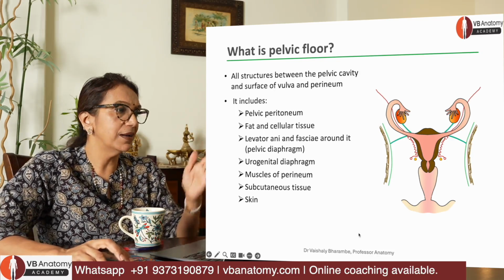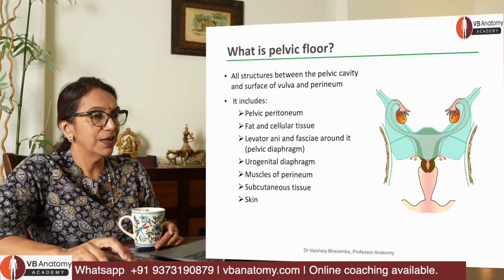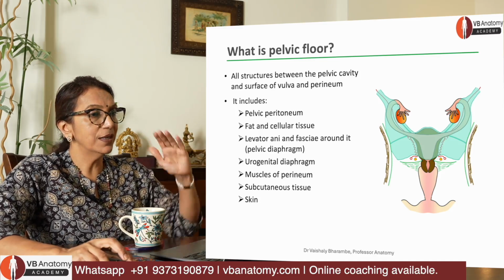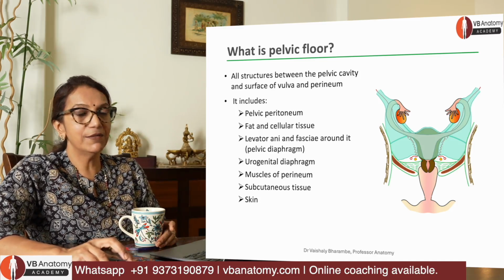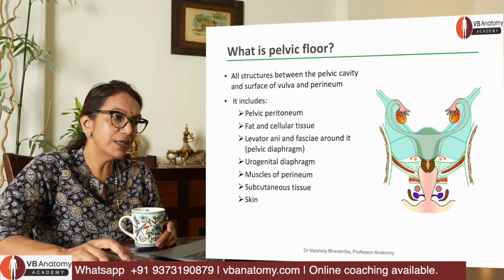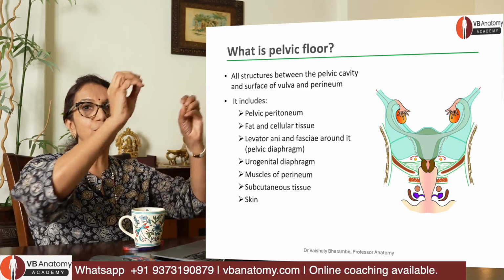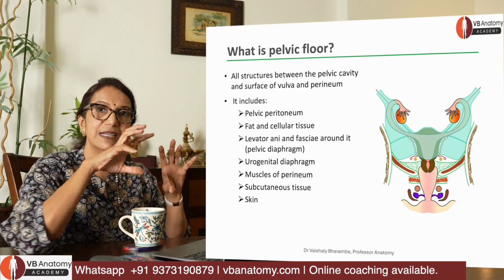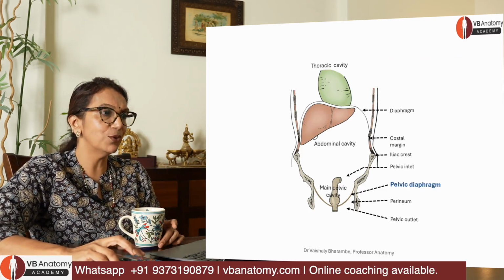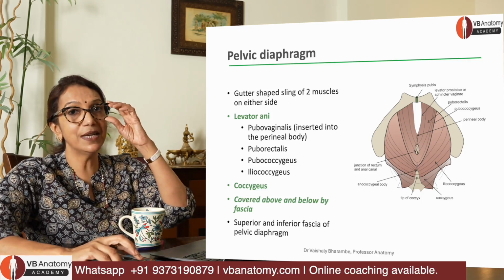I want to briefly revise the pelvic floor with you before we go further. Broad ligament, Mackenrodt's ligament, we are going from above downwards, okay. Broad ligament, Mackenrodt's ligament, levator ani, urogenital diaphragm, contents of superficial perineal pouch, subcutaneous tissue and skin. These are the layers you will go through from below upwards when you are trying to reach the uterus. So that's the reason why I wanted you to go through this animation once or twice to get you comfortable. So we are now further passing down to discuss in brief the pelvic diaphragm.